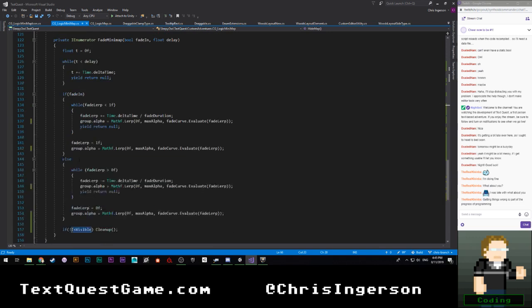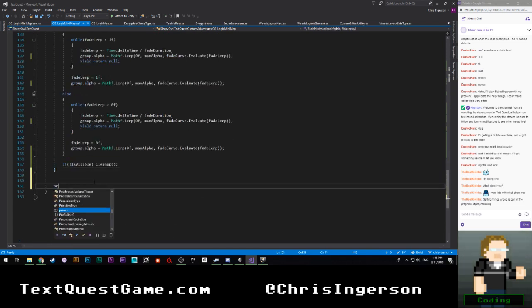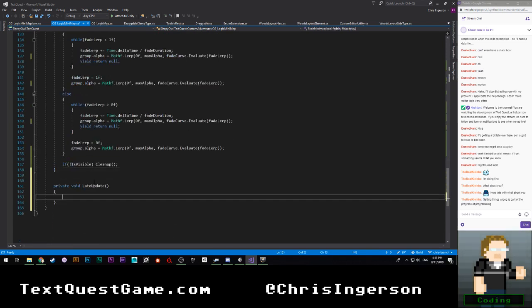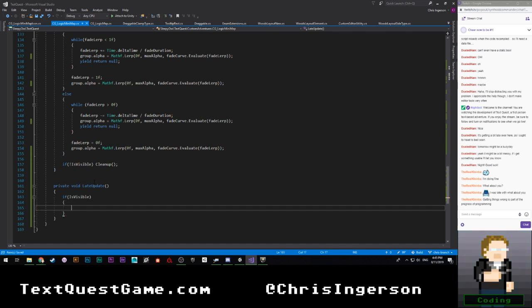is we need an update function. So we're going to say private void LateUpdate, if isVisible, then we're going to go ahead and say mapRect.anchoredPosition is going to be equal to mapReference.anchoredPosition. Should basically be the same. And I think that will drag us around the same way that we would expect. I think. No, it's not. It's going to be close, but